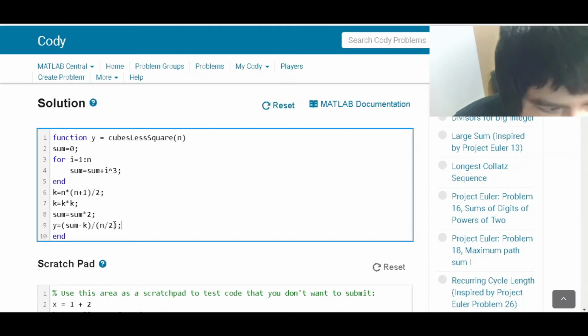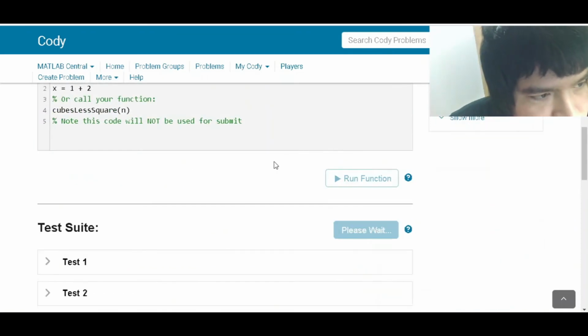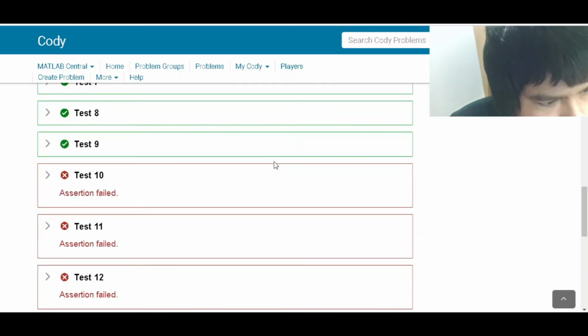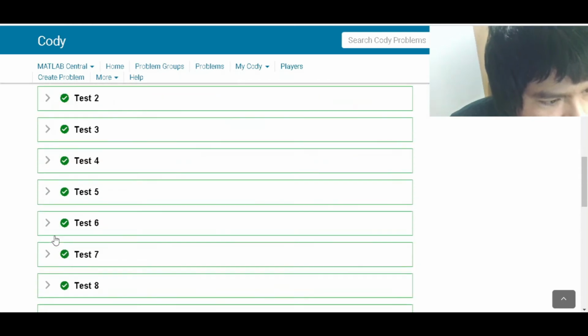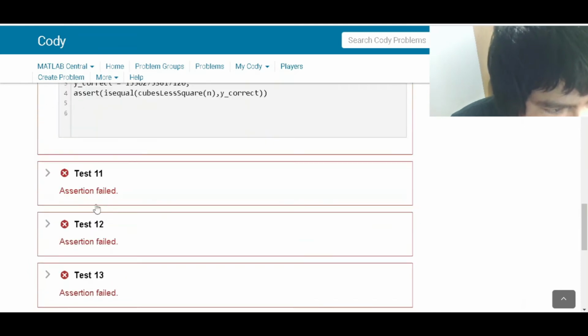And this should be our answer. Let's see how this works. If not, we have to do something else. Okay, so this works for the first 9 tests, and we can see that it doesn't work for the other ones